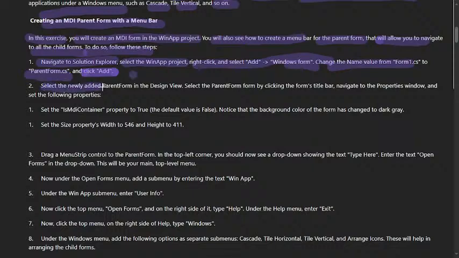Select the newly added parent form in design view, click the title bar, navigate to the property window and set the properties. Set the IsMdiContainer property to true. The default value is false. Notice the background color becomes dark gray. Set the size property width of 546 and the height of